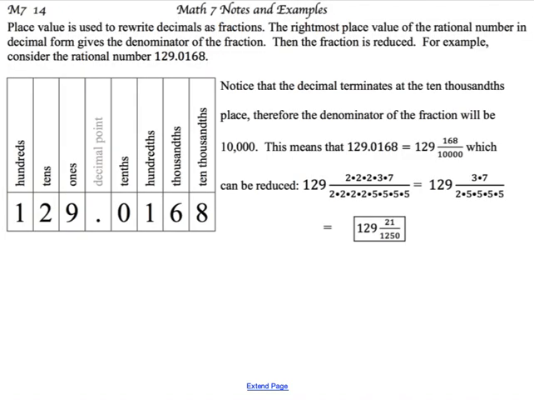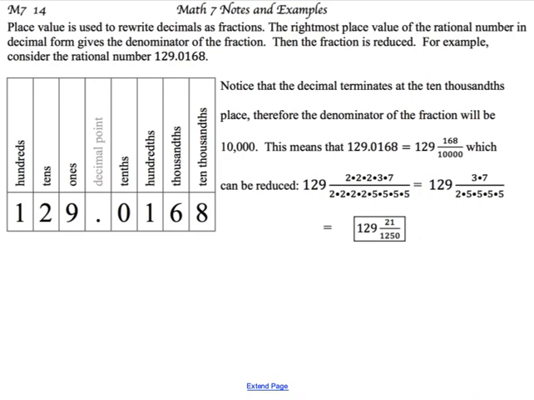So let's go into the gritty details of it. On page 14 in your notes, place value is used to rewrite decimals as fractions. The rightmost place value of the rational number in decimal form gives the denominator of the fraction. Then the fraction is reduced. For example, consider the rational number